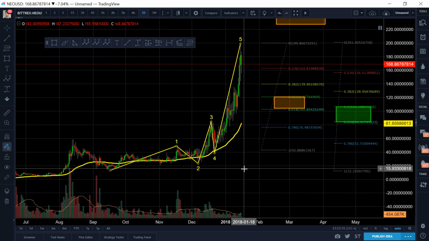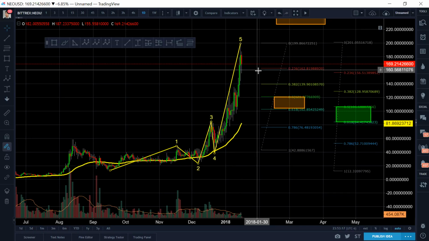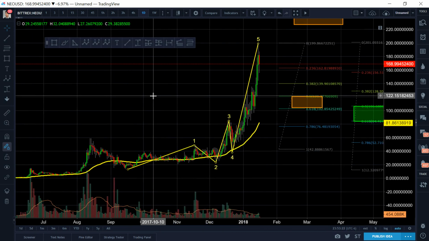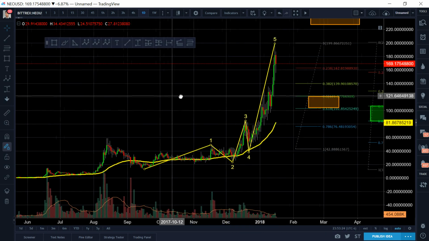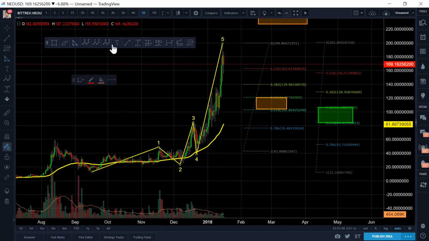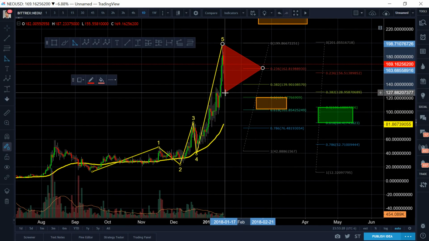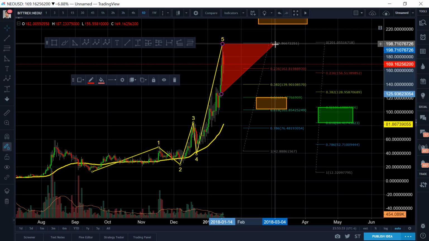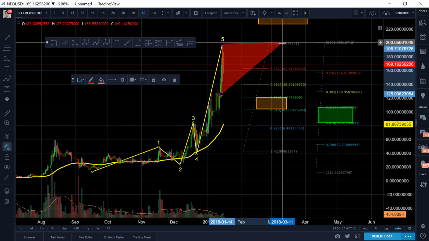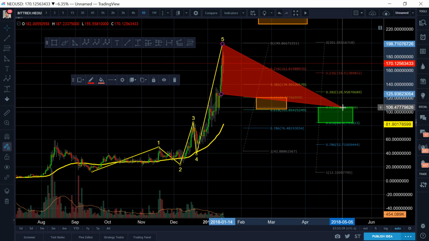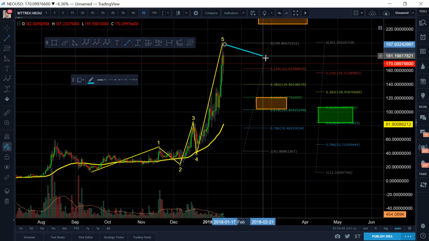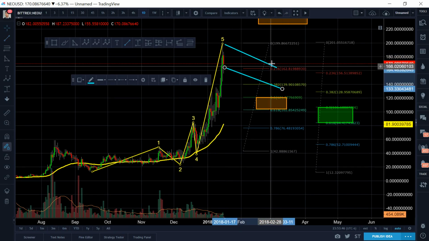So what we're gonna do is we're gonna wait. We're gonna wait to see what kind of pattern it forms, okay? And the pattern that it forms is incredibly important. Okay, we're gonna see if it forms something like that maybe, okay? We're gonna see if it forms something bullish, like a flag maybe, right? We're gonna see if it forms, not a flag, an ascending triangle. You guys know what I mean. I don't want to draw it. Okay, I will draw it. We'll see if it forms like a bullish flag or something like that, right?